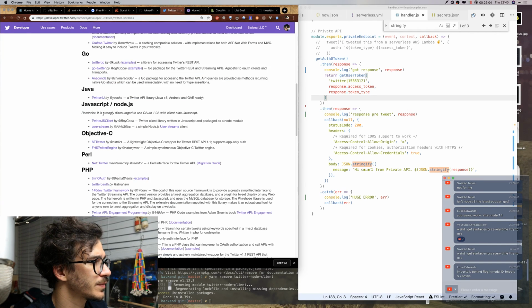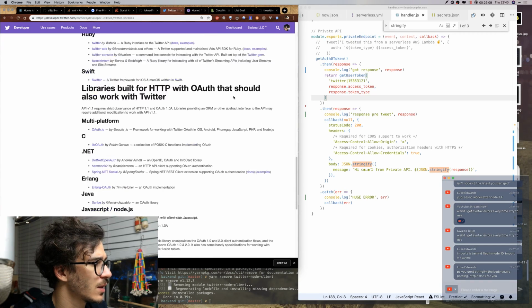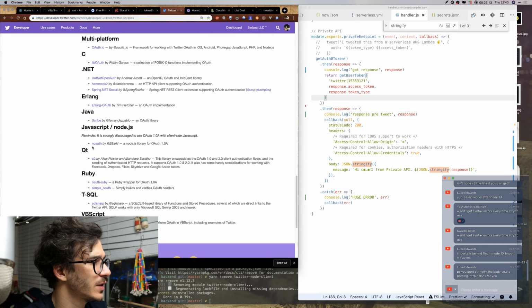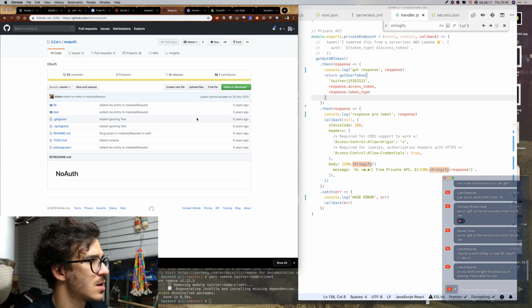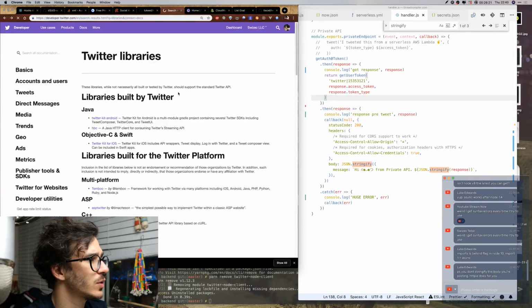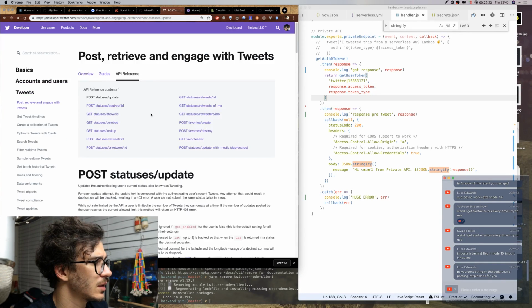What about... so none of these seem to be very well maintained, so I'm gonna try doing it myself, but I'm not sure how to do that.